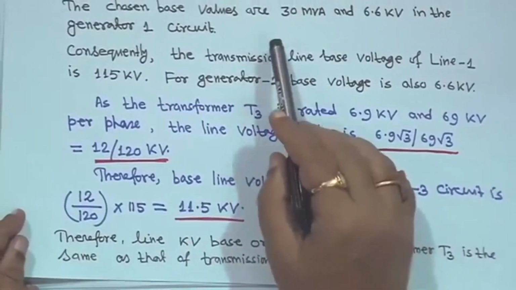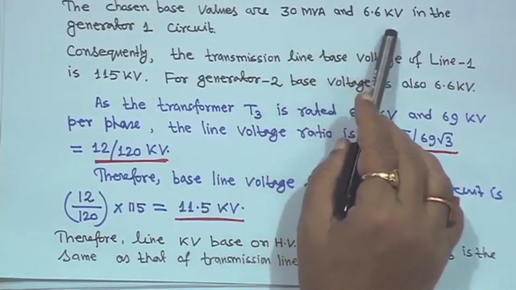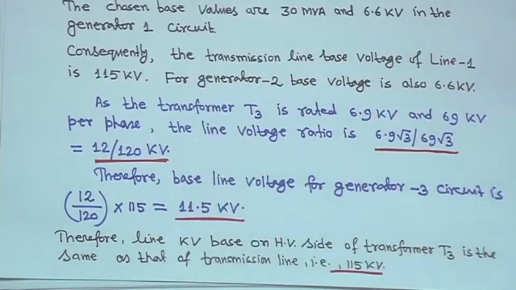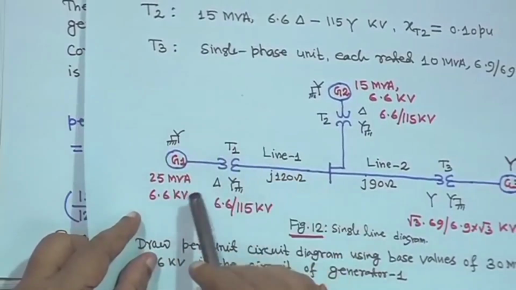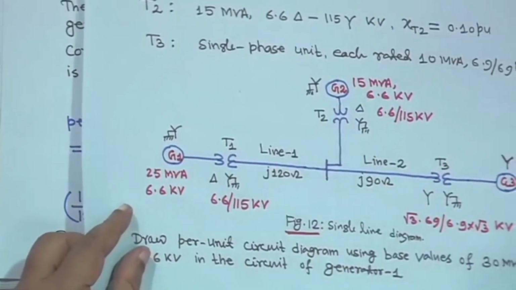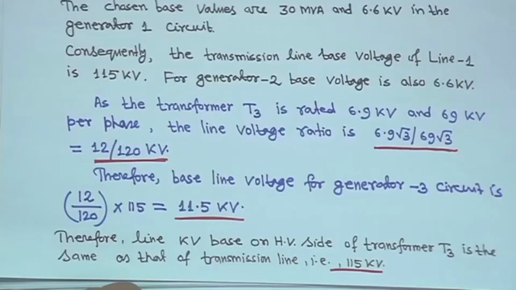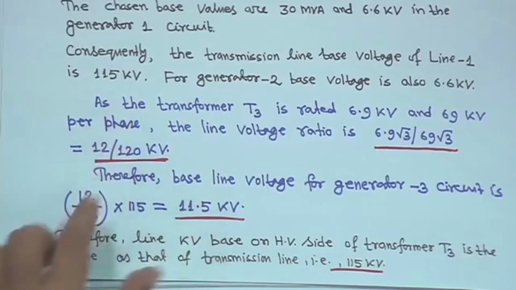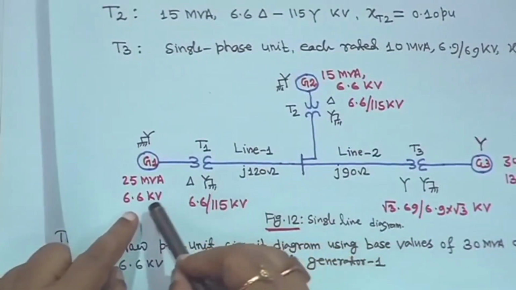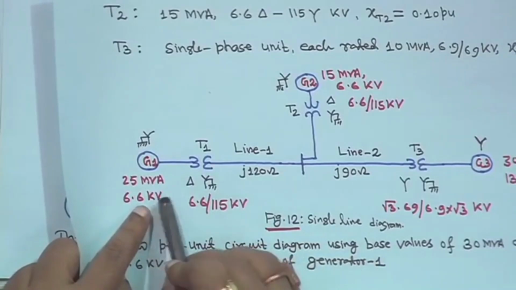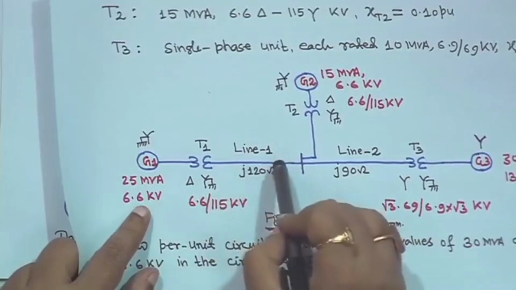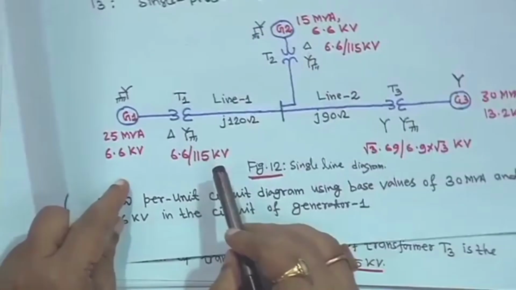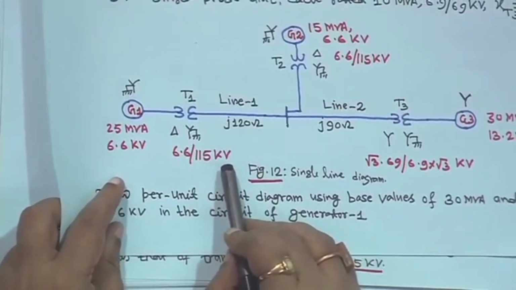So, the chosen base values are given, 30 MVA and 6.6 kV, in the generator 1 circuit. That means this side you have to take 6.6 kV, and the base is 30 MVA, although the generator ratings are 25 MVA, 15 MVA and this side is 13 MVA, right. Therefore, the transmission line base voltage of line 1 is 115 kV, because the generator terminal voltage is 6.6 kV, and this transformer also has 6.6 kV. So automatically this side base voltage will be 115 kV, because this is your secondary side transformer voltage,